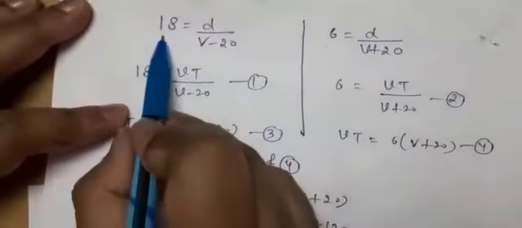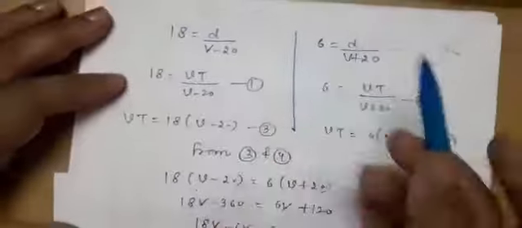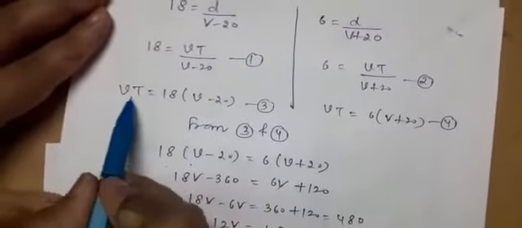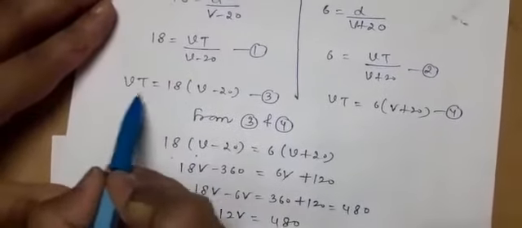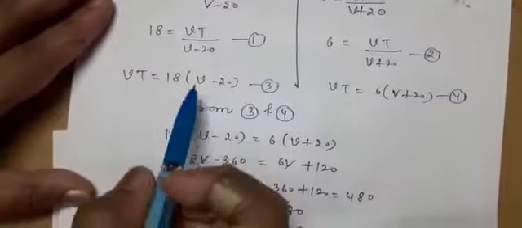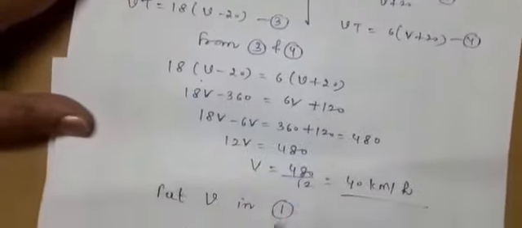See here, we have kept the result in minutes. There is no need to convert it into hours. The reason is that if you convert it into hours, then t minutes and 18 minutes, on dividing by 60, the result will remain the same. It will not make any change. So that's why we are not converting it into hours. So these are the steps.